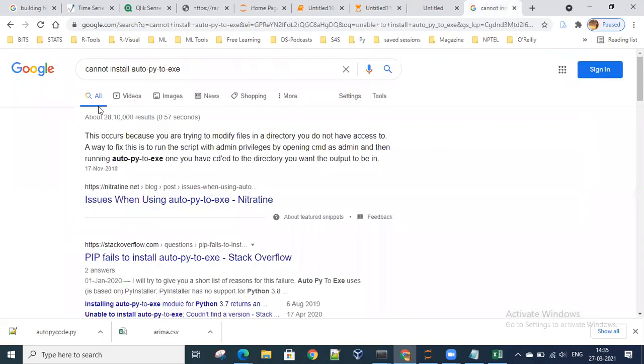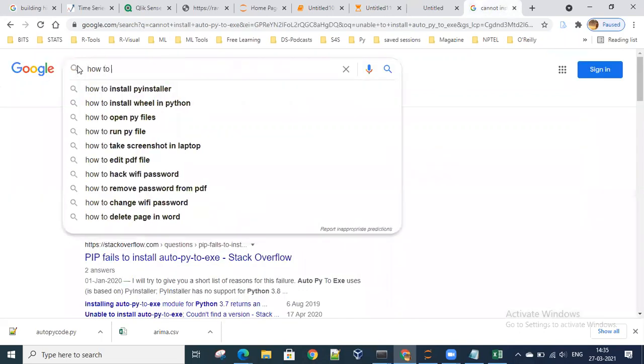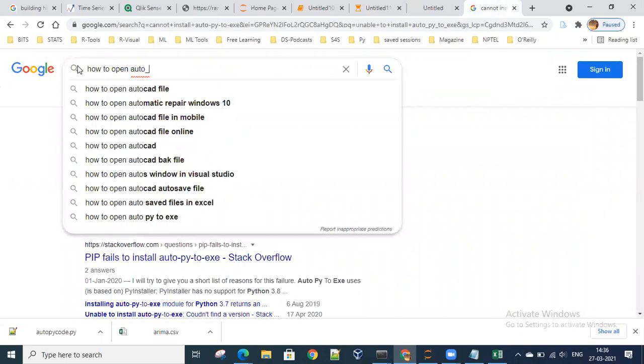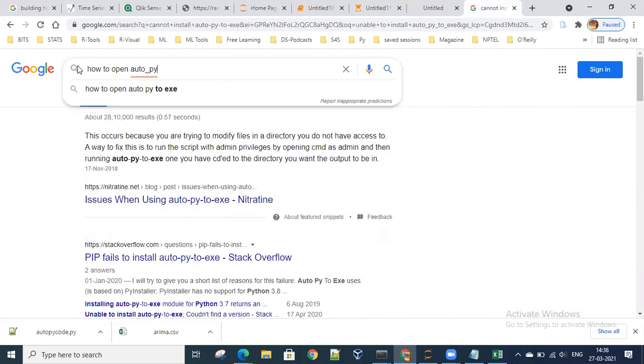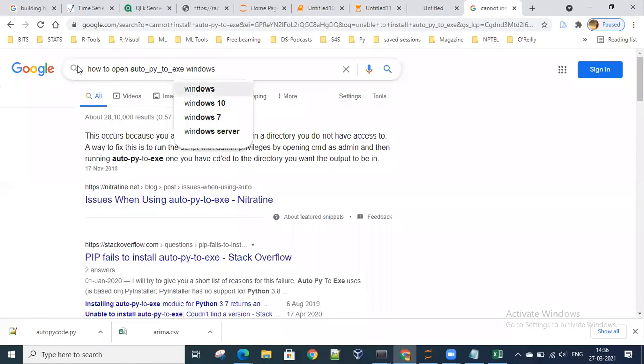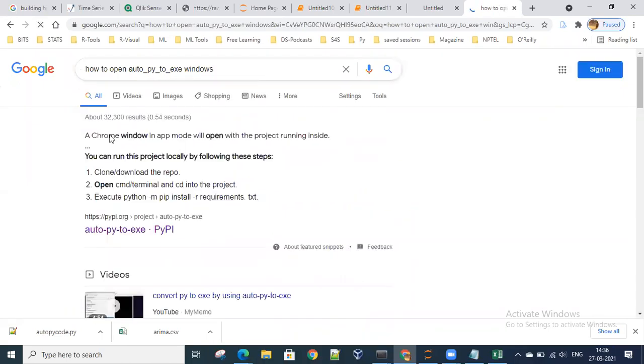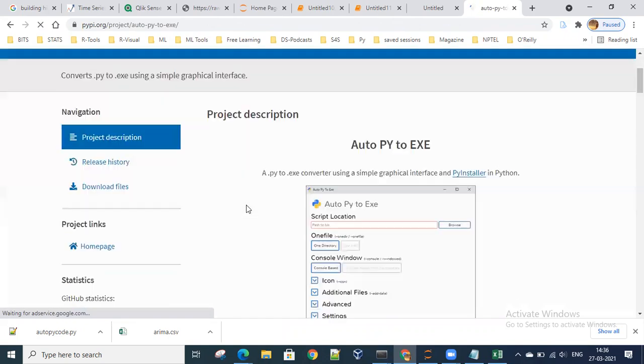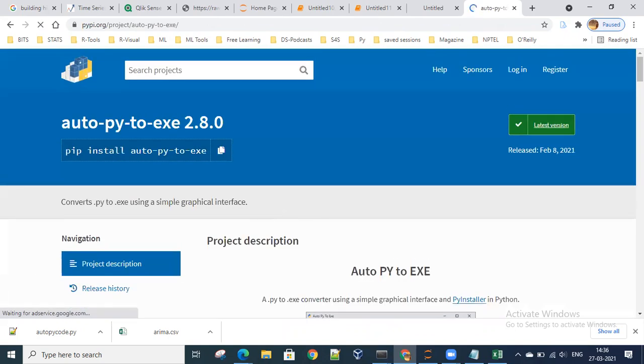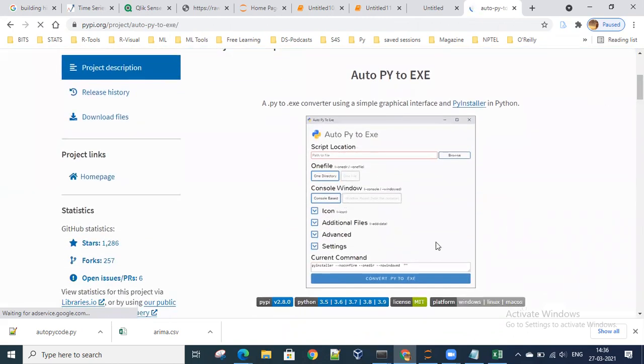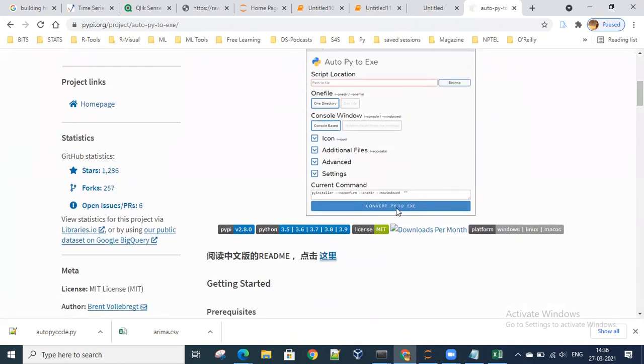Let it install. This kind of window comes whenever you do it, and it will automatically convert the py file to exe.